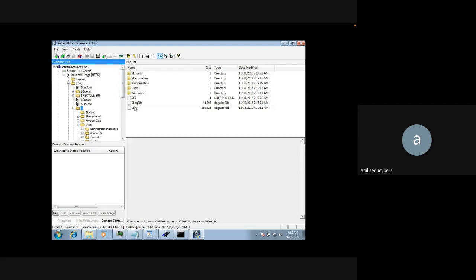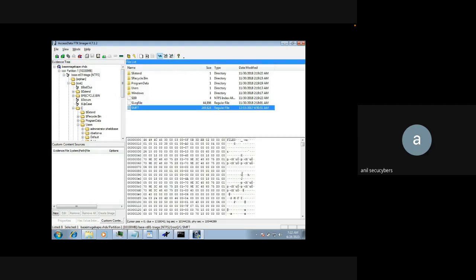NTFS file. Every file or folder in the drive will have its own separate entry over here. And how is it saved? All this data is saved in the $MFT file. Similar to this,